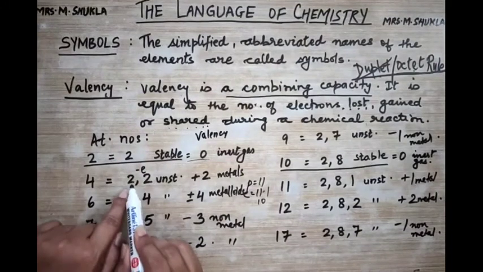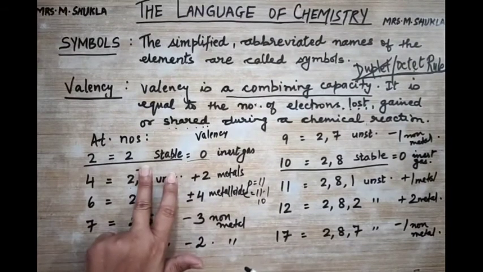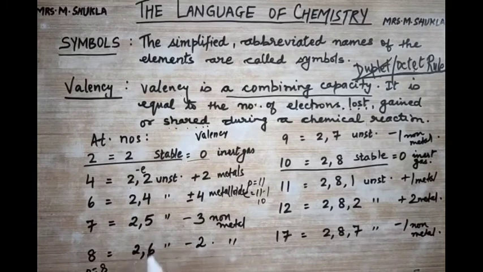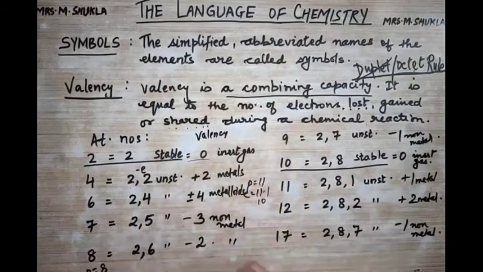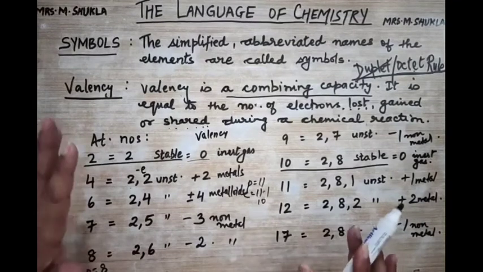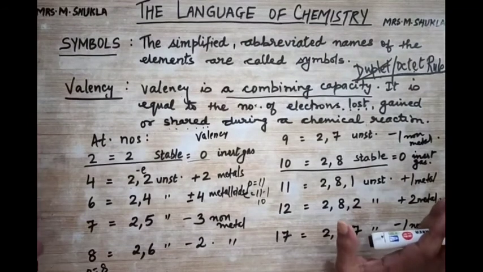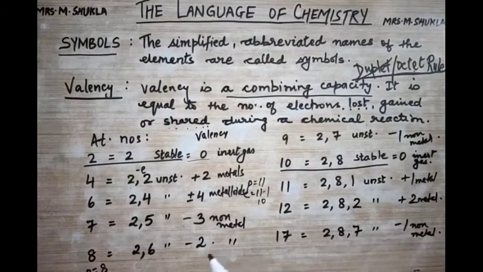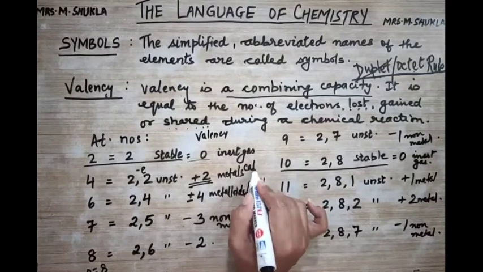Now look here. When it loses 2 electrons, it has reached the nearest inert gas configuration. Okay. Over here, check. If it accepts 2 electrons, then it reaches the nearest noble gas configuration. So all these elements which are unstable, they either lose, gain, or share their electrons to become the nearest inert gas configuration and become stable. Now coming to these metals which are positive ions, they are all called as cations.